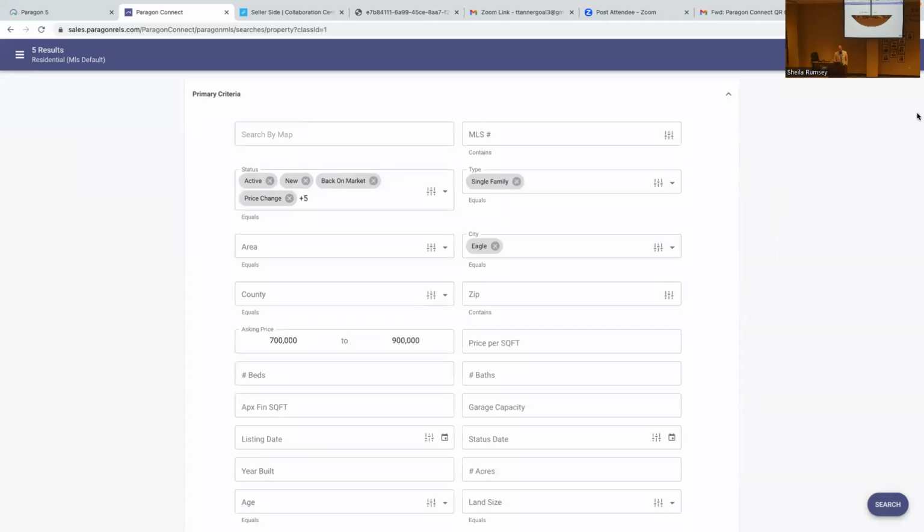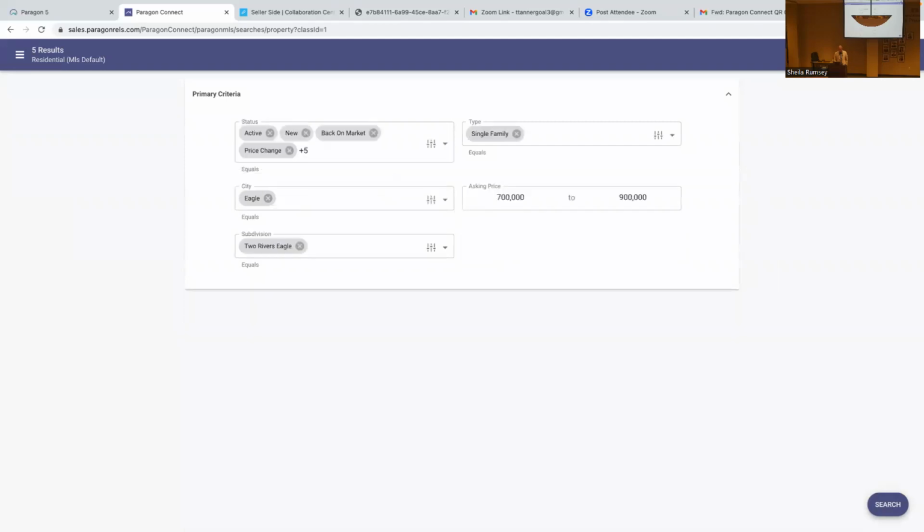If you're just kind of role playing with me, I said, well, let me see all this. Remember, what does this icon do? It shows you all the criteria that has data in it, or all the fields that have data in it. If I clicked on that, these are all the fields that I have. I've only got 5 results. If say I wanted to get rid of that Two Rivers, I could just tap my finger on that, and now I'm back to those 44 results. Okay. Another really cool feature